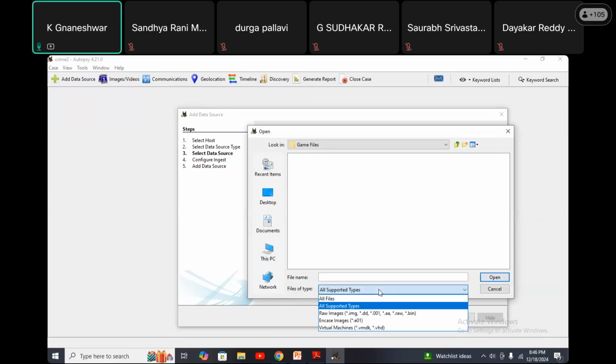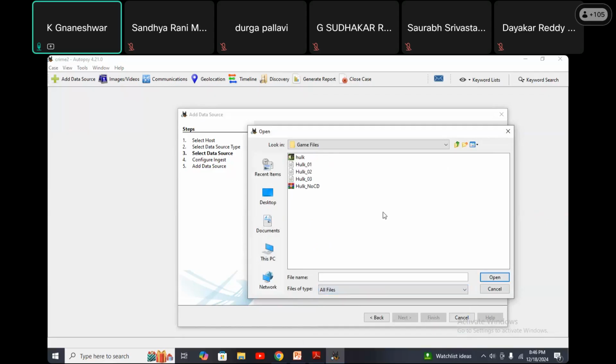Select here all files. Now see, if an image file is there, then only these files will be visible. Normal documentation DOC files and other files, we can't see. Image in the sense not our pictures, but ISO image files.